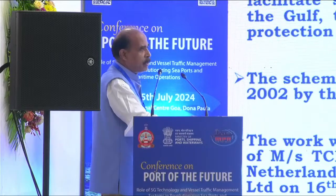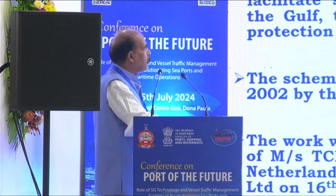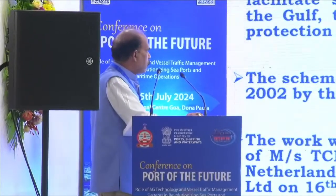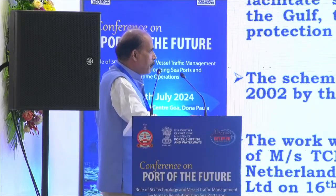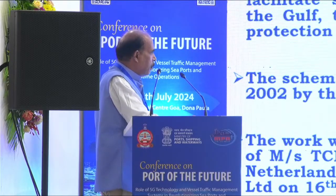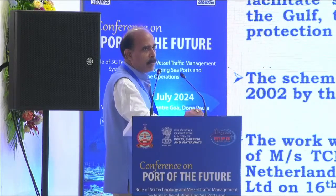Marine life and the protection of environment. The scheme was sanctioned on 24th January 2002. The work was awarded to a consortium of TCIL, New Delhi, HITT, the Netherlands and ML Dalmia and Company on 16 March 2005. The project has been completed and inaugurated by the Honorable Minister of Shipping on 13 February 2012, and